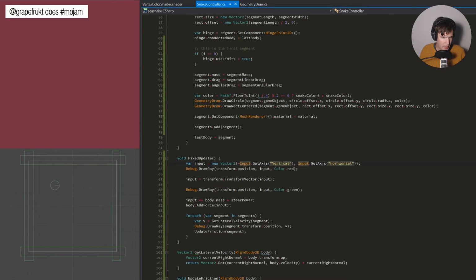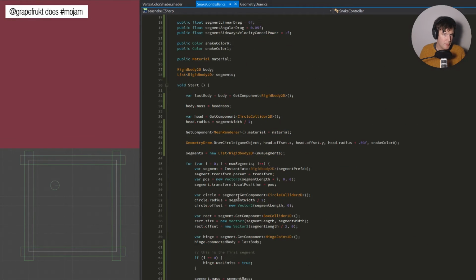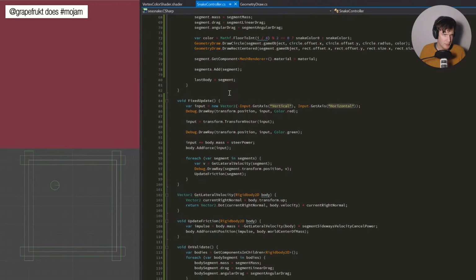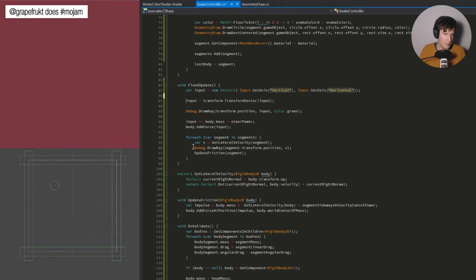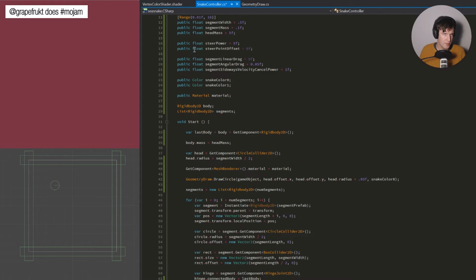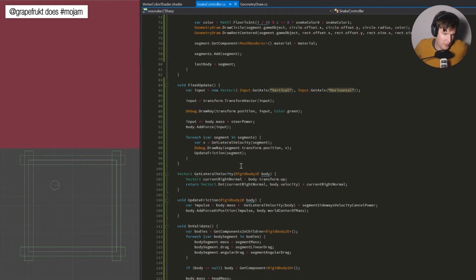I'm going to try that, see where we end up. I'll make it a vector 2. Not that I want to offset it sideways, but